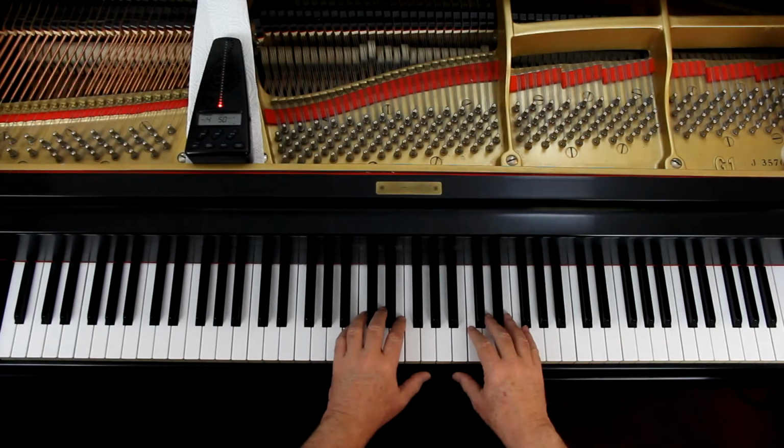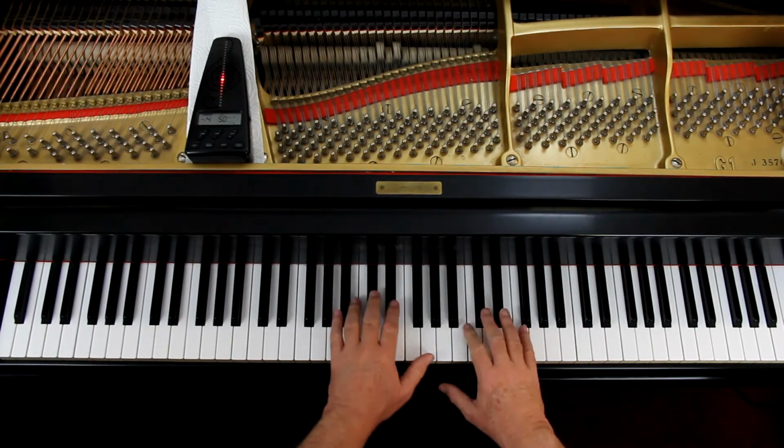So with all that said, let's give this a try. It's in 2/4 time. I don't know if 2 beats is enough, so I'm going to give us 4 counts and then we'll come in together. 1 and 2 and ready and go and...